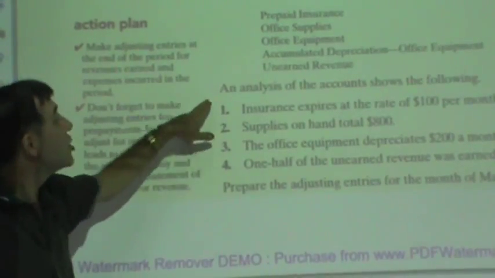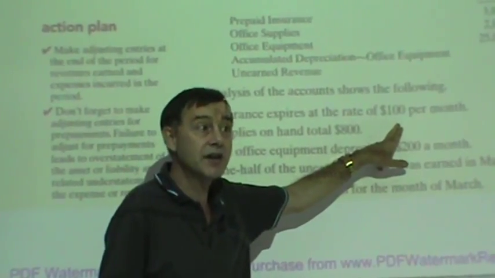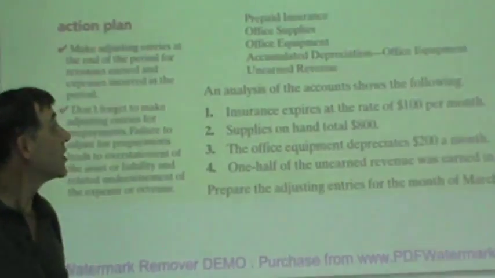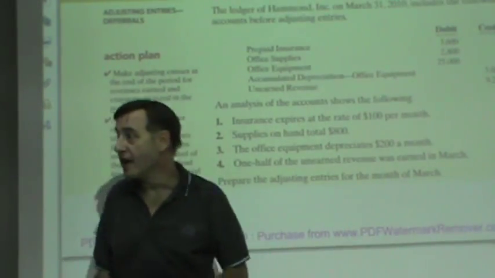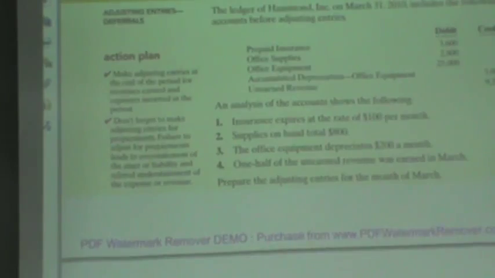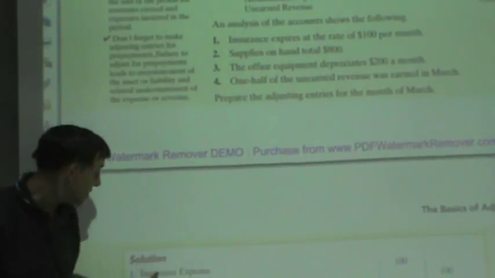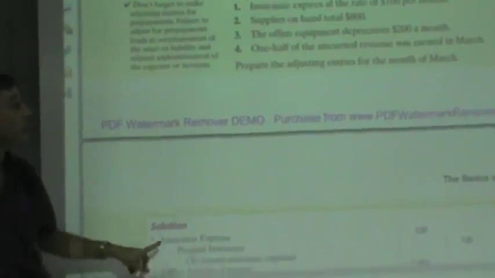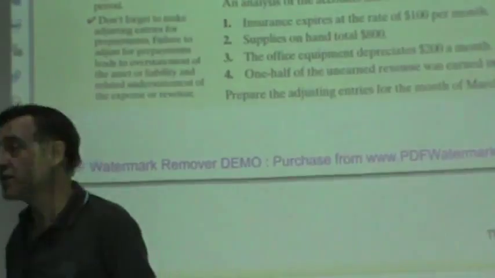And then we have insurance expires at the rate of 100 per month, okay? So we need to make a debit and we need to make a credit, okay? And they give you here on the next page something like a solution, okay? Now the solution comes at the bottom here. So for insurance expires at the rate of 100 per month,